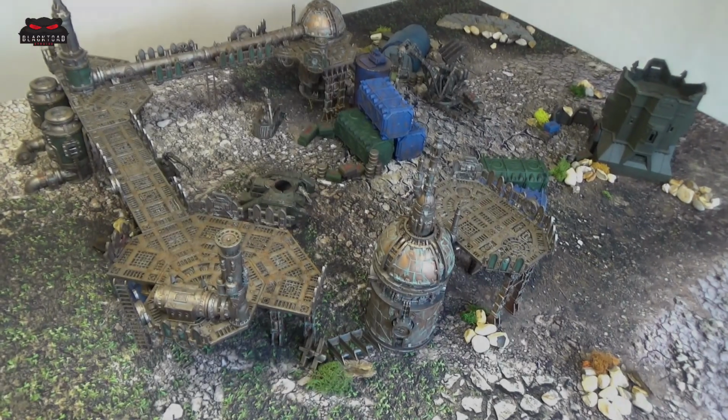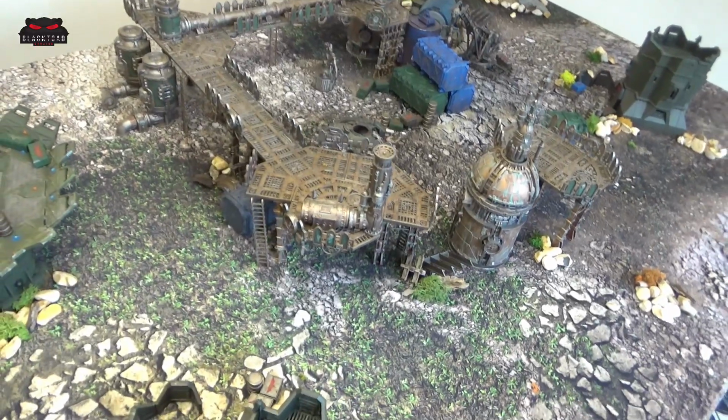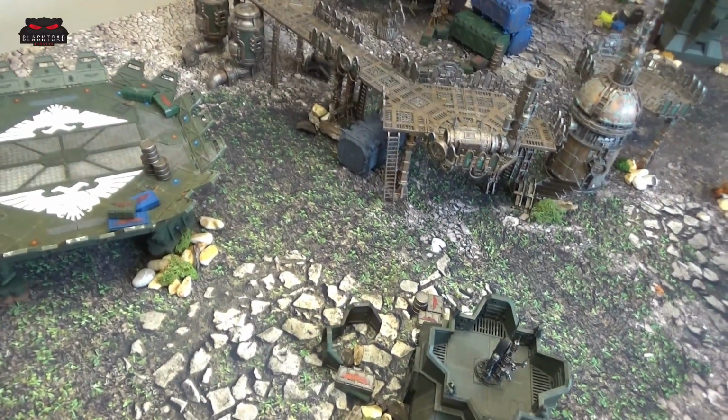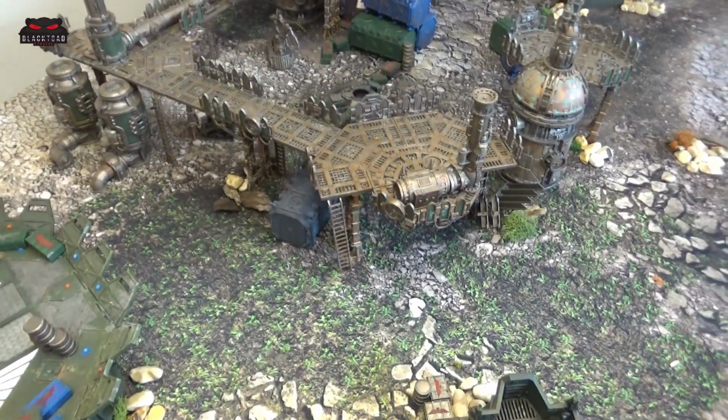This is Dom from Blacktoad Studios, and today we've got a grudge match. It's the first time I get to play my sister-in-law on camera. Vicky has come up, brought her Crimson Fists, and today they're going to be battling against my Necrons on this